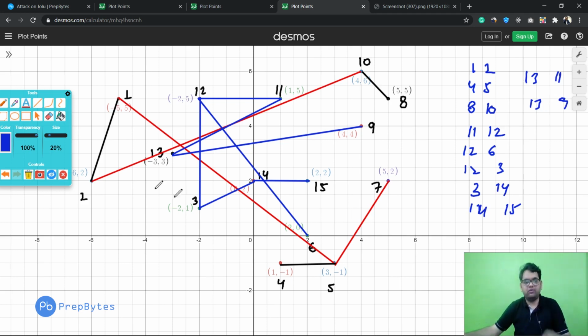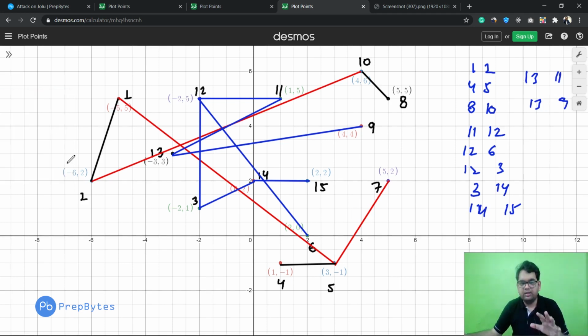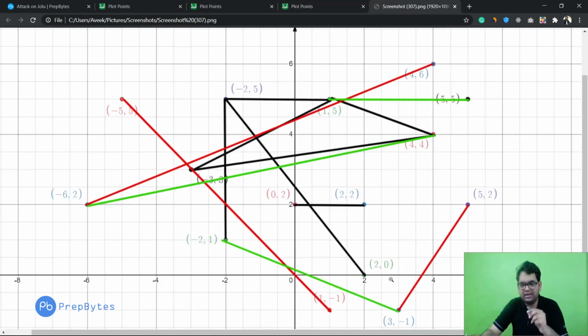But now what we need to do is, still there is no connection between encamped houses and non-encamped houses. Fine. So if there was an already existing road between an encamped house and a non-encamped house, then its repair cost will be 1. But if there is not an existing road between a non-encamped house and an encamped house, then to create that road we need P amount. Fine, so we need to find this out. So you can see here the green lines are the lines from the encamped house to the non-encamped house. Okay, greens.